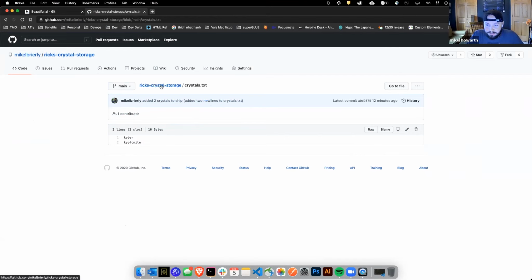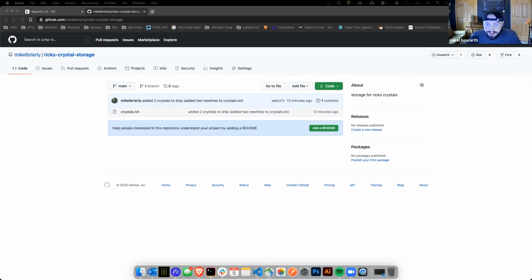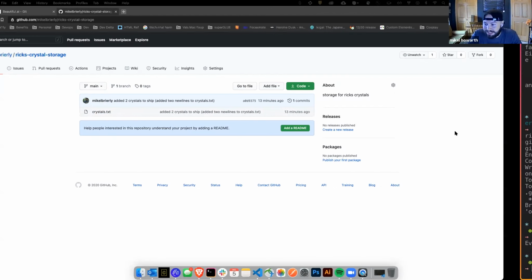Sweet. So we see this Rick's crystal storage, which is what we named our GitHub repository. And then we see our file that we added. So we have made this connection between our computer and the broad, wild, wide internet, which is, I mean, pretty cool. Obviously, our example is extremely contrived, but we've just done something that allows us to save our code off of our computer, off-site, away. And that's really, really helpful. And it's helpful for a multitude of reasons. And one of the things that we are going to talk about is how this is going to help us,